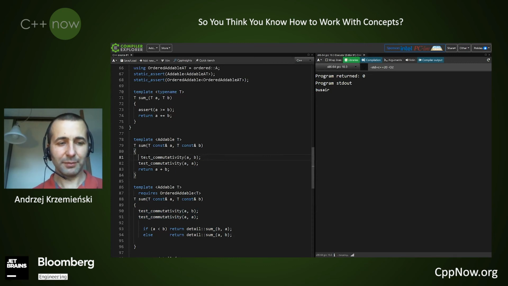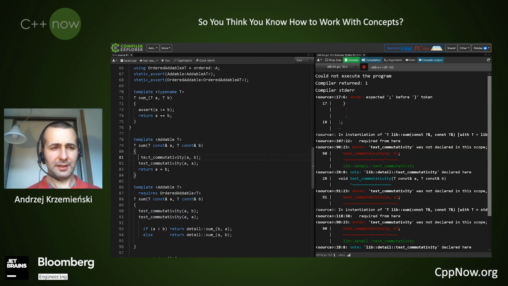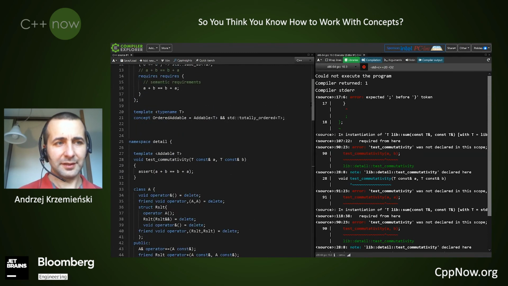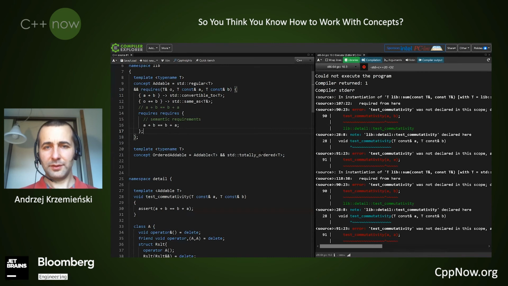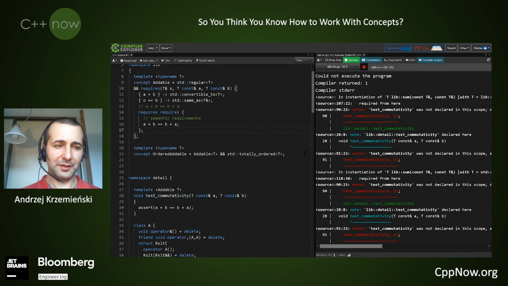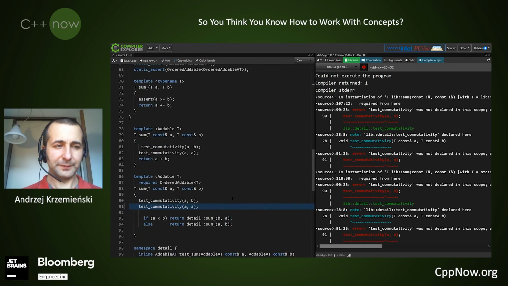If I run this program again, I have some error. 917, of course, requires a semicolon. This is better, except inline. Yeah, sorry for these errors. This is just a namespace problem.